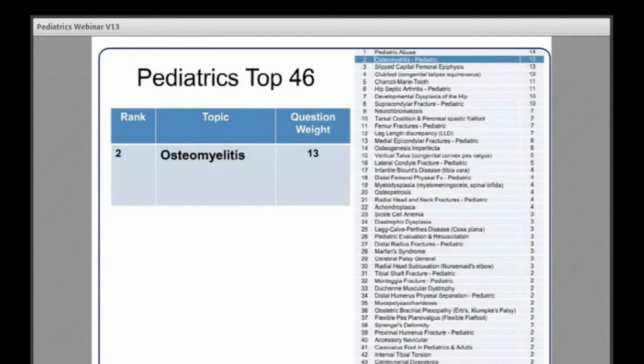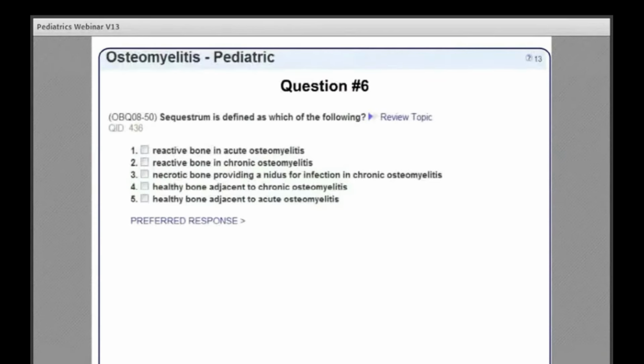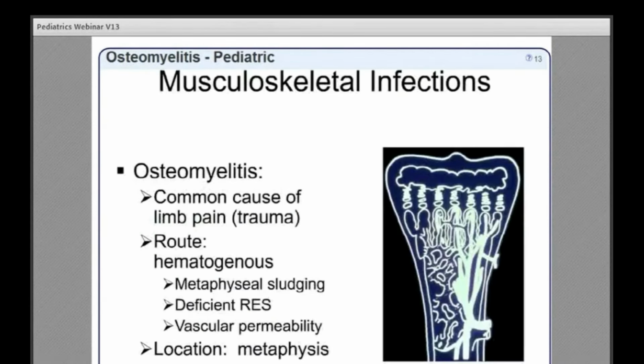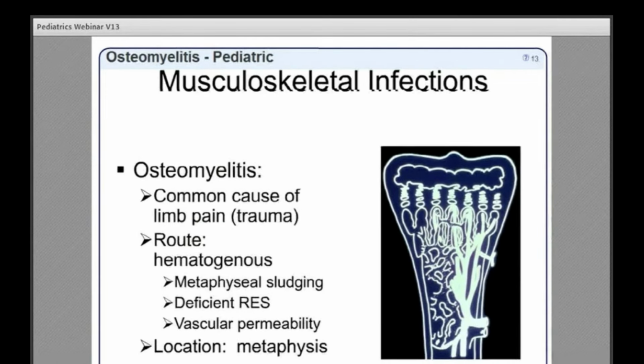Next is osteomyelitis, which you can see is another topic which is heavily covered in the in-training examination as well as on the boards. The question is defined as which of the following? So we'll spend a little time going over some information about infection, because this is, like I said, a topic where it's heavily tested. So osteomyelitis is a common cause of limb pain, and often there's a remote history of